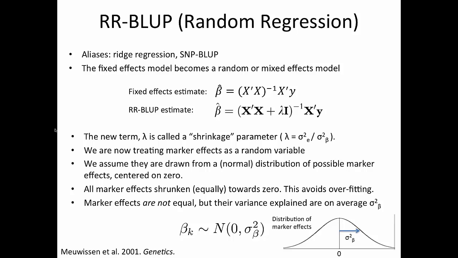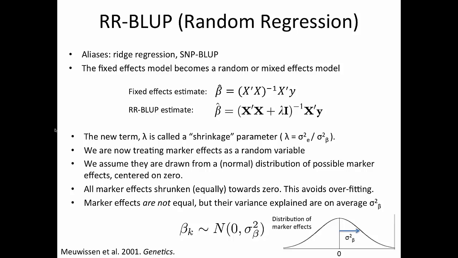If we let each marker explain as much variance as it would in a fixed effects model, we would have this overfit model. So instead we have this term that shrinks the effects equally across all the markers to confine the variance that the markers explain to